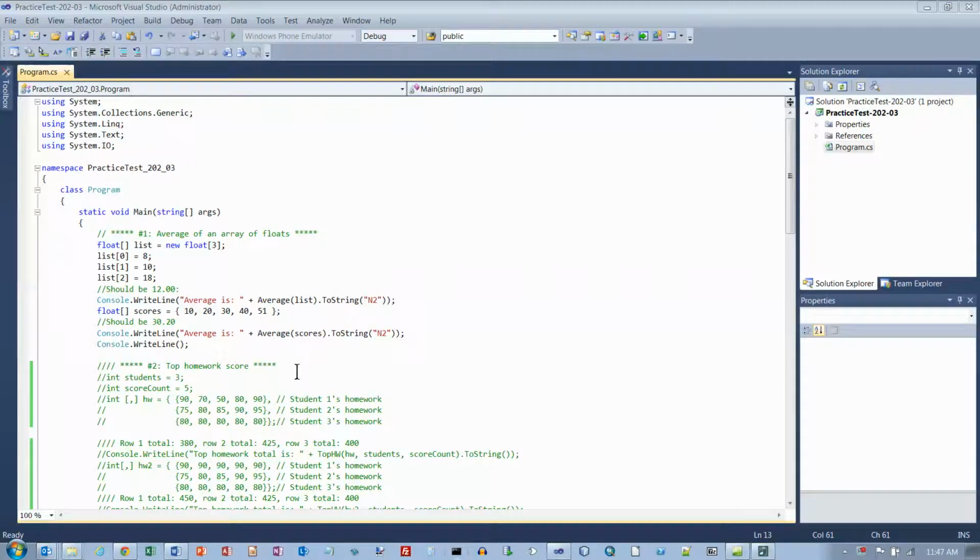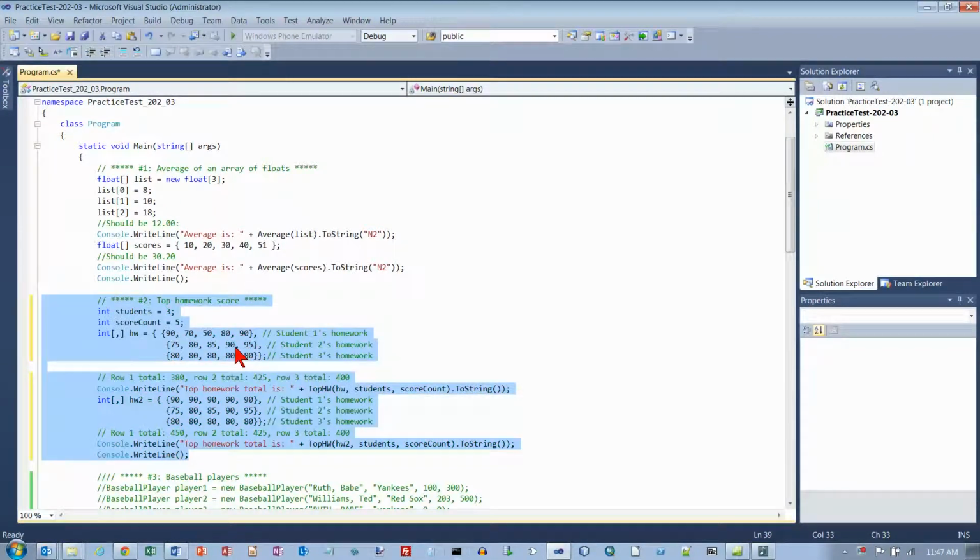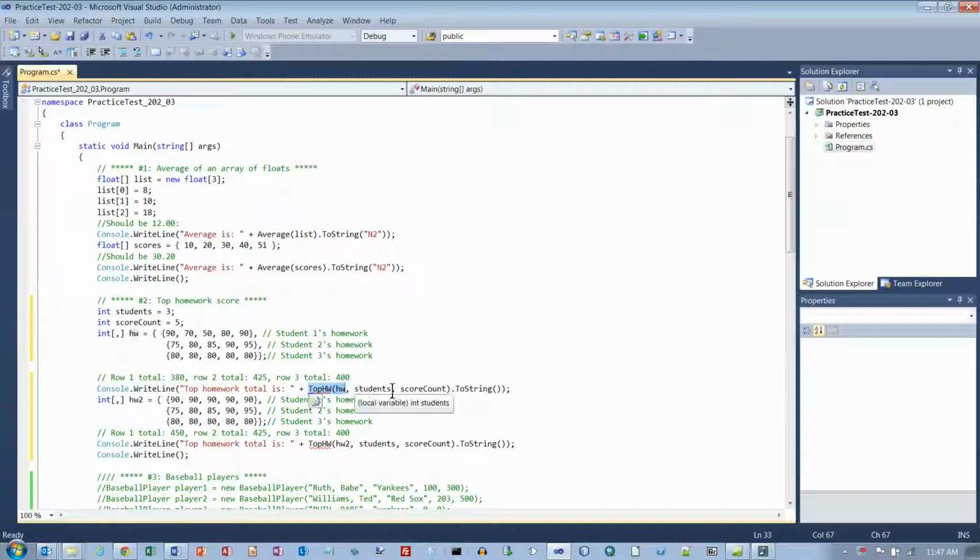Okay, this is problem number 2 on the practice test, and let's just uncomment all this stuff here right now. And what we need to do is write a method called top_HW. We pass in a two-dimensional array. We say how many students there are, how many scores each student has, and we need to return the total